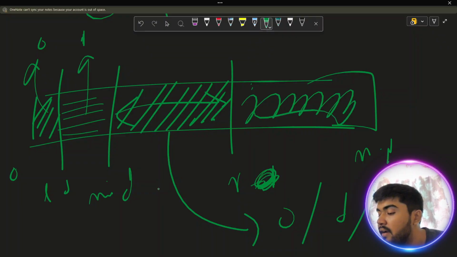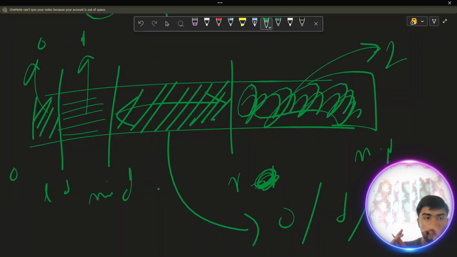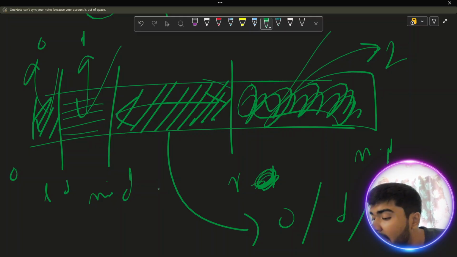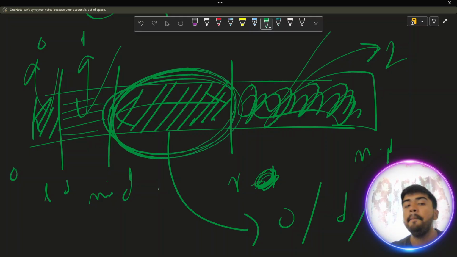So I can mark these portions like this. This portion is holding all twos. So these are all sorted, 0, 1, 2. This portion is sorted, this portion is sorted, and this portion is also sorted. So that is the point where we actually have to play our game. If we can define the rules for what we have to do when we are at this particular boundary,